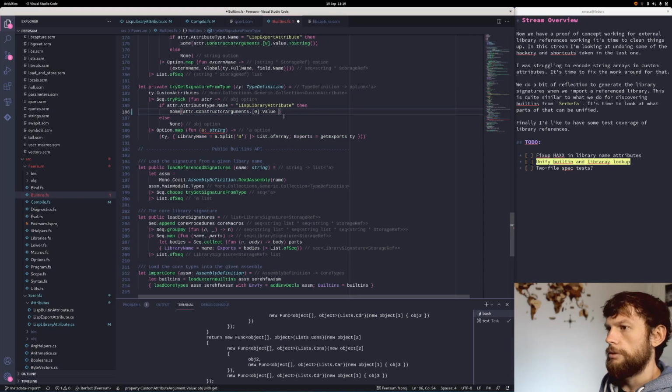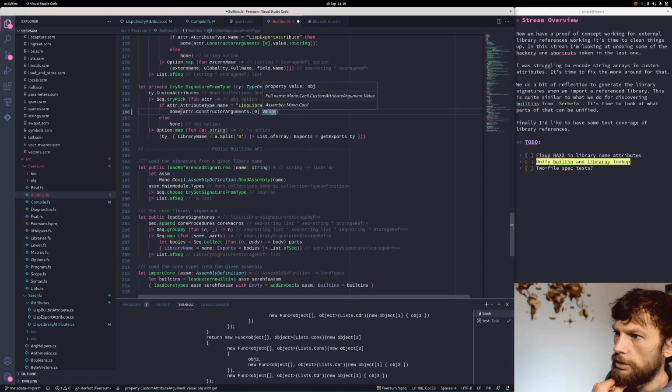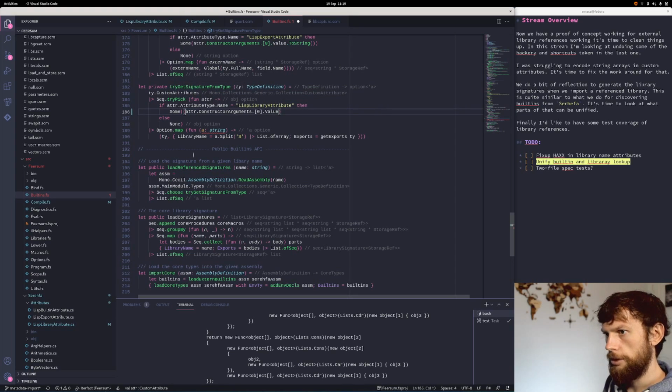But now what we want is to, this is going to be a custom attribute argument array. So I think